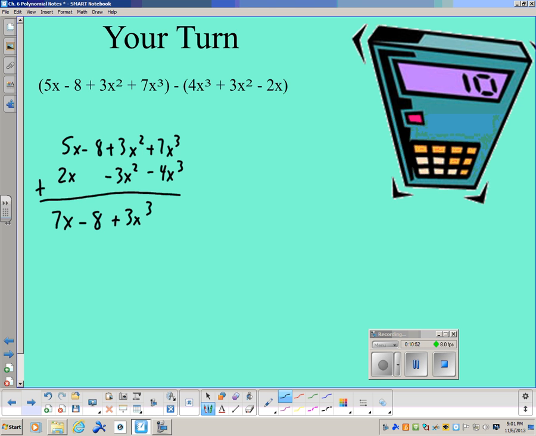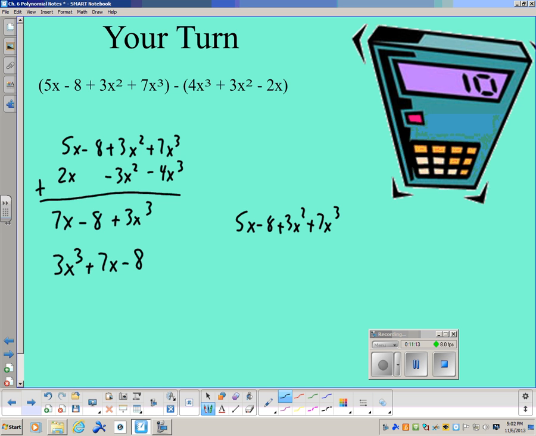And then I just got to put them in the right order. The highest power of x is x to the third. Then we just got to plain x. And then we got our constant. So there I used the vertical method. So if I were to use the horizontal method, 5x minus 8 plus 3x squared plus 7x to the third,